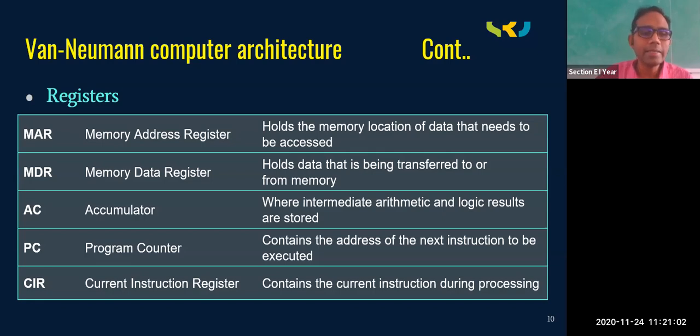Next one is the current instruction register. Now presently, which instruction is under execution? The address will be there in the CIR. So these are the basic registers that we are having. Apart from this, we are having integer registers R0, R1 up to R31 if it is a 32-bit computer. If it is a 64-bit computer, you will be having R0 to R63 as integer registers. And you will be having floating point registers F0 to F31 for a 32-bit computer, and F0 to F63 for a 64-bit computer. It depends on the processor.